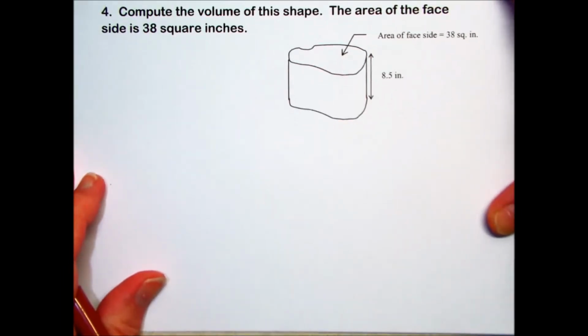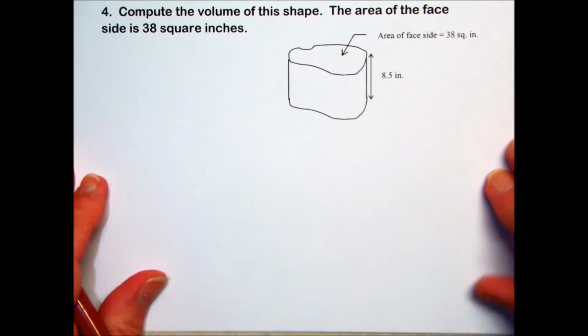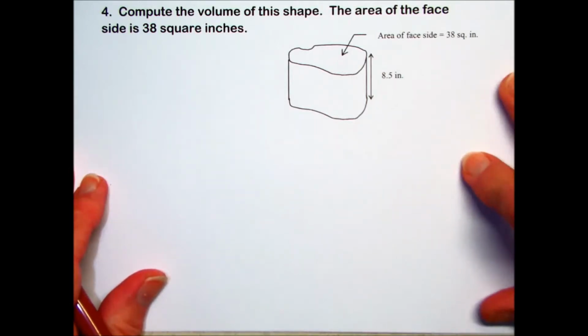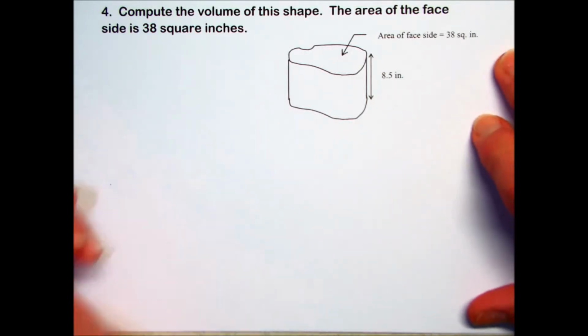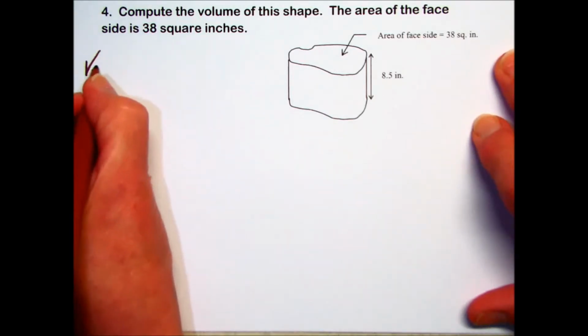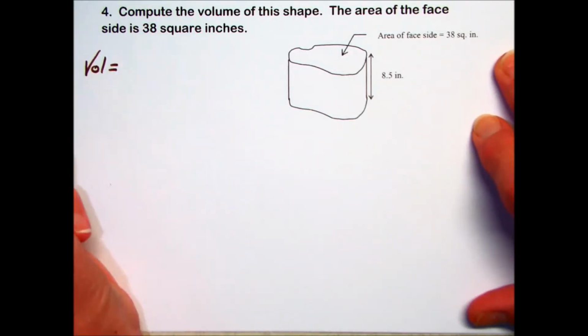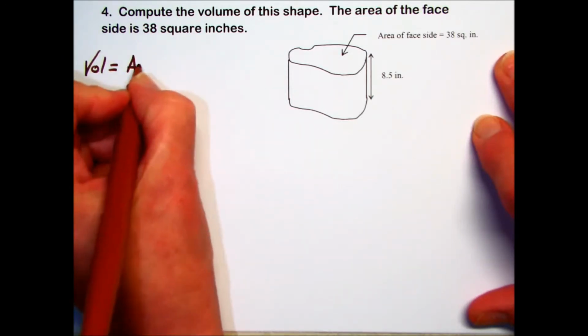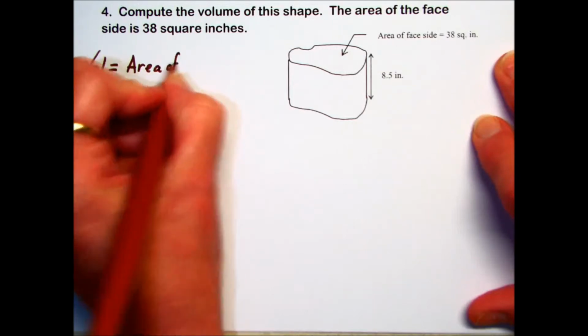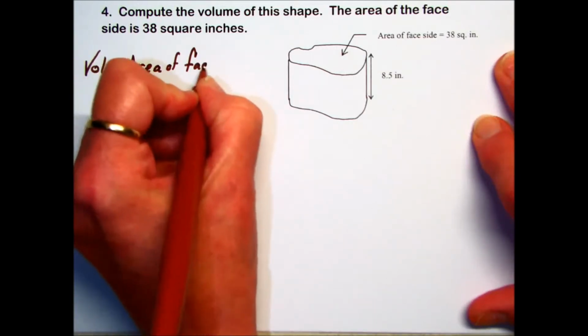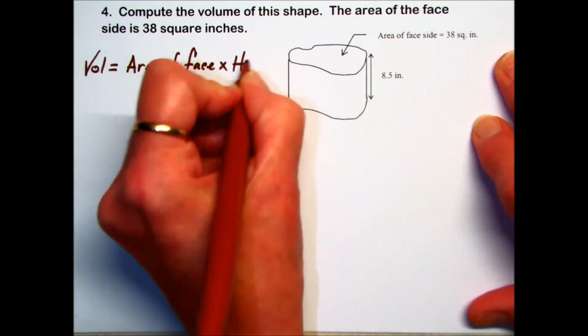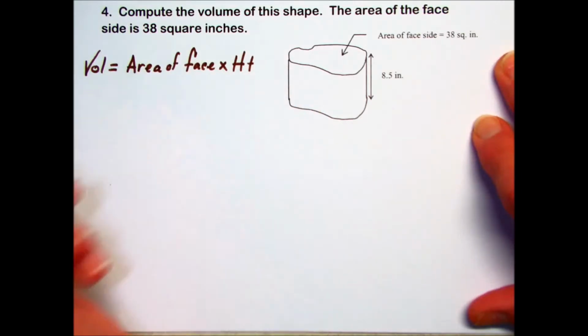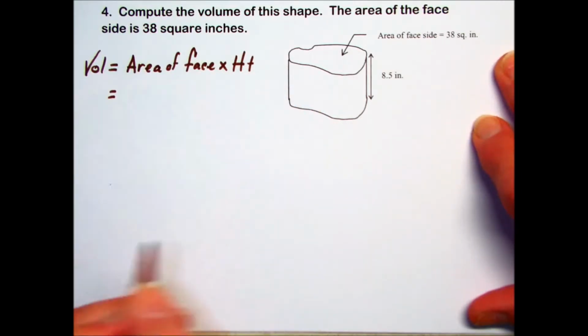Problem number 4 asks us to compute the volume of this shape. The area of the face side is 38 square inches. Well, if we go back to that volume formula that we just got done working on problem 3, to calculate volume, we take the area of the face and times it by the height of the object. In this particular problem,